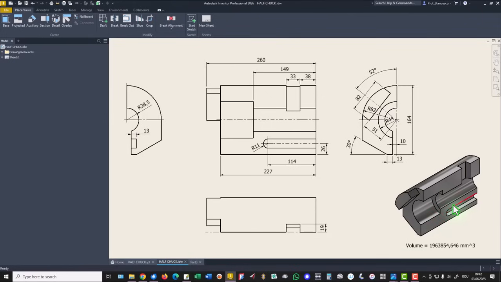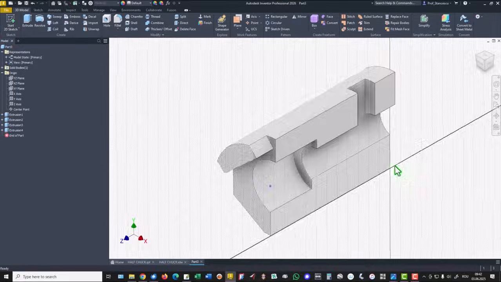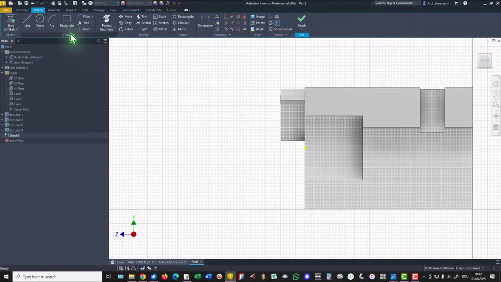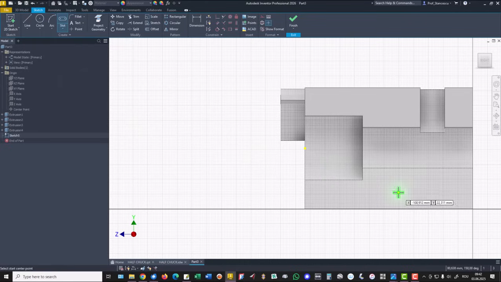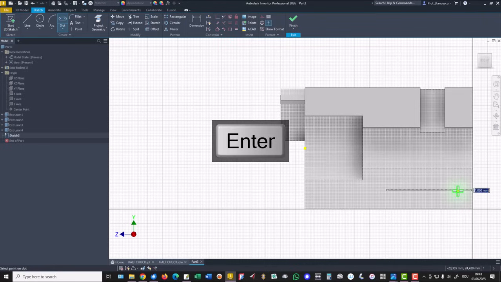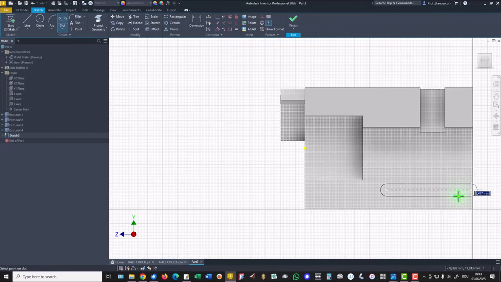Now this channel: 114, radius 11, placed at 26 from the bottom. We select this face, we select slot, we draw a horizontal line of 114, then a radius of 11,